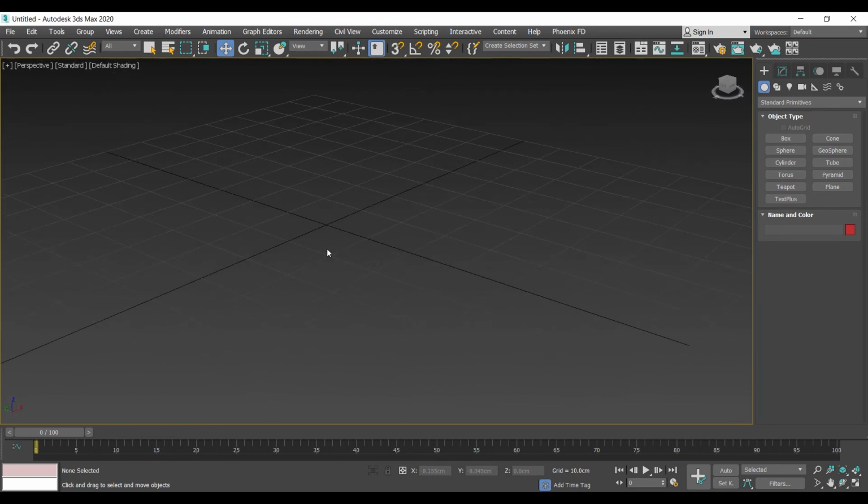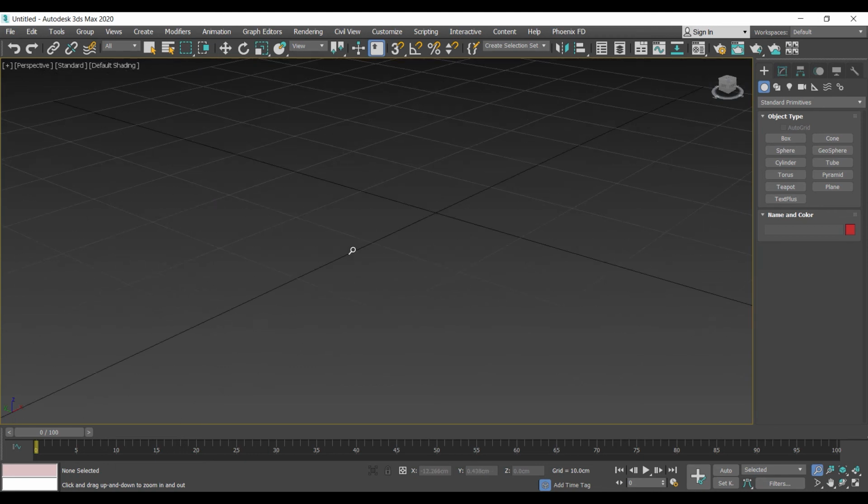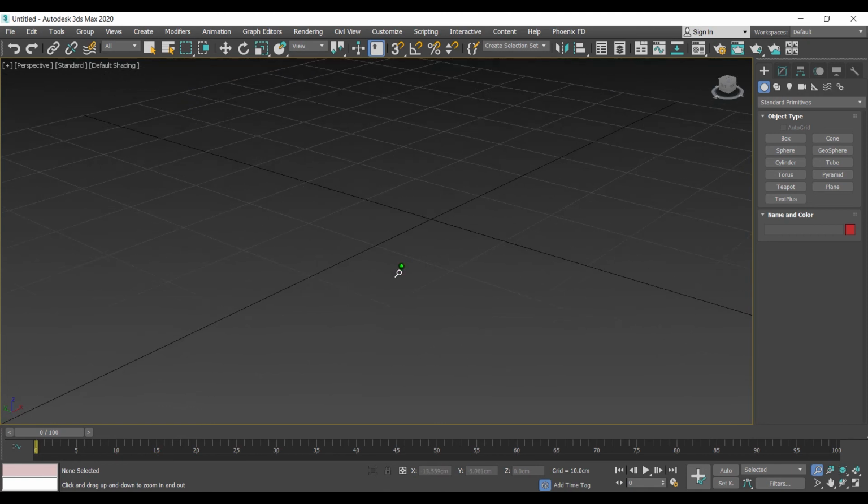If for any reason I don't have a 3-button mouse, I have a 2-button mouse, or for example I'm working on a laptop and I don't have an external mouse, and that would happen at certain times, we can use these navigation systems that are built in Max. So I have to use now the left click all the time. So left click to zoom in, scroll up and down, pan up and down. Okay, so click and drag up and down.